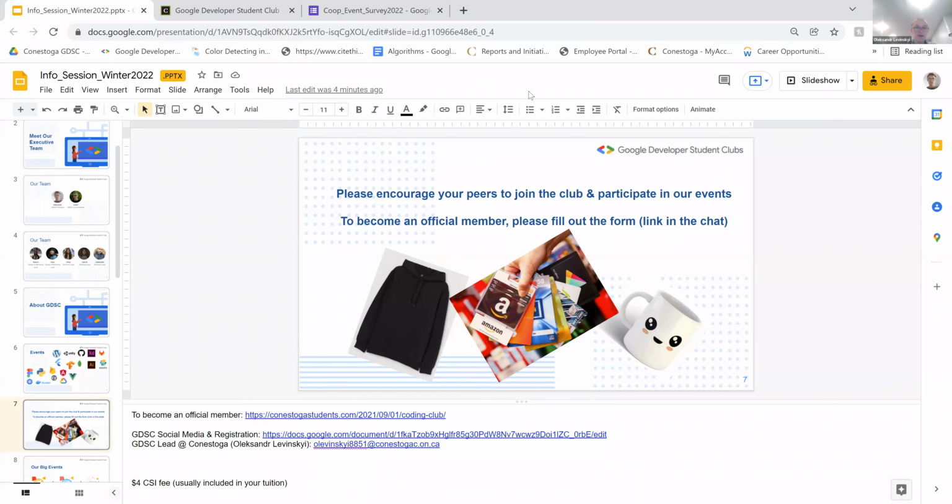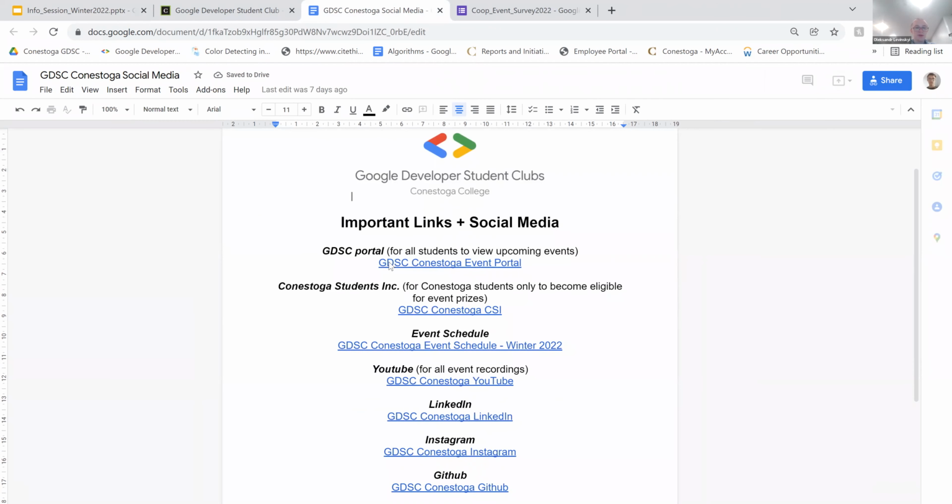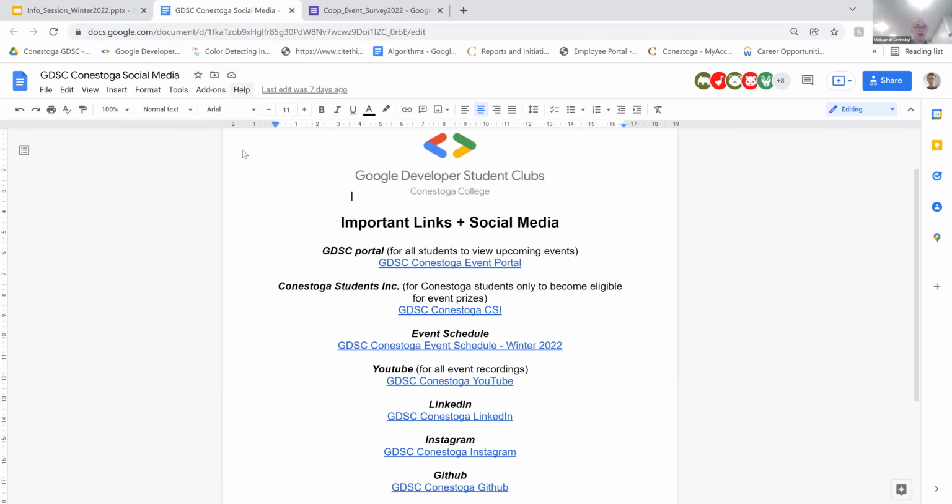The second link that I posted is social media and important links. Essentially, it's just a summary. We created this document for you, so you can have everything in one place, and it's easier for you to manage all the links and navigate through them. So the first one is the GDSC portal. This is a very important